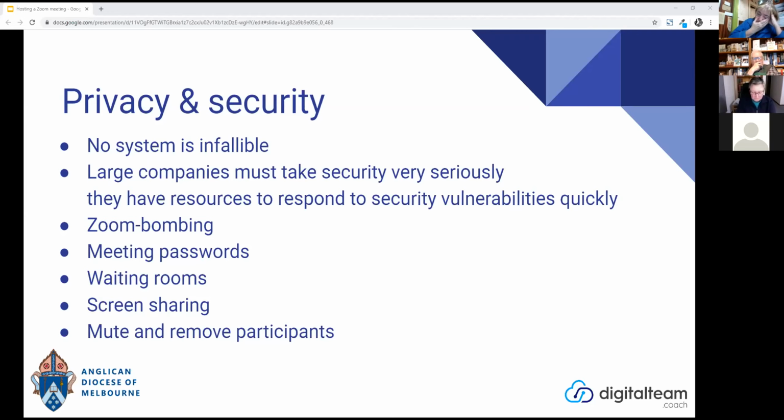Last week, when all these issues came up with Zoom, the CEO was very proactive with it. He apologized. He said they're dropping all the new features they've been working on. They're not going to work on any new features for a month, and they're going to spend the whole month securing everything they've currently got in place.